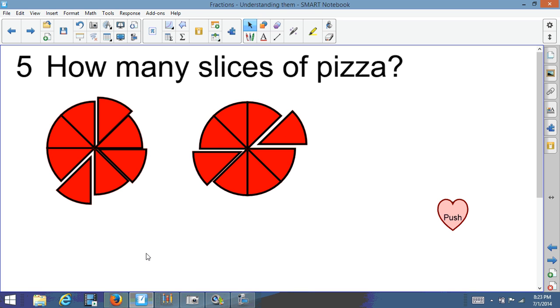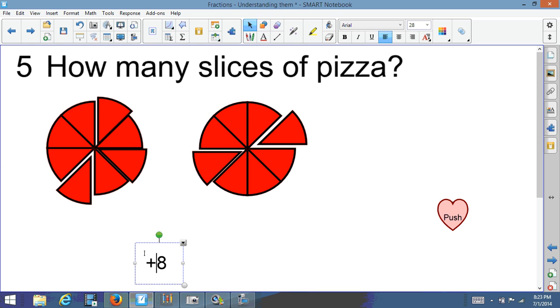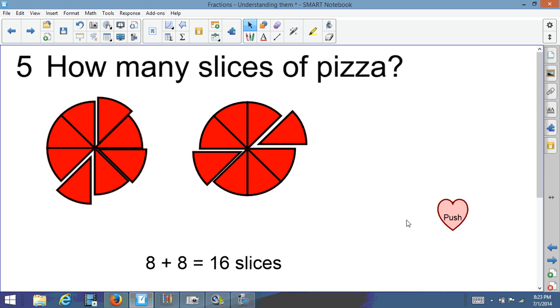So I have 8 plus 8 equals 16 slices of pizza. And that's correct. So we took 2 whole pizzas